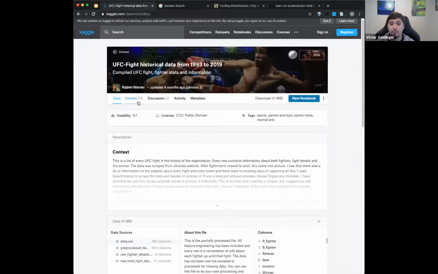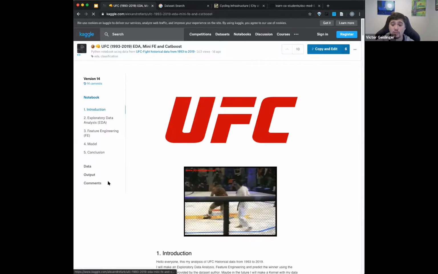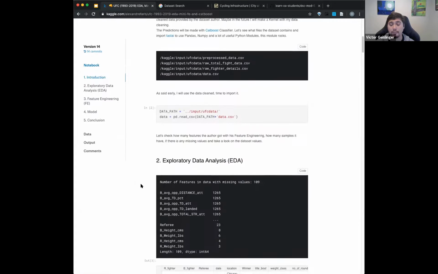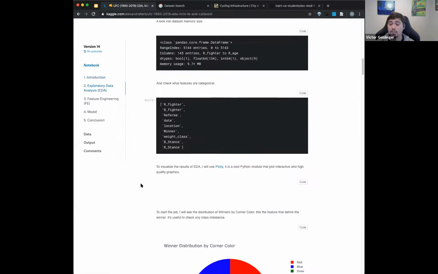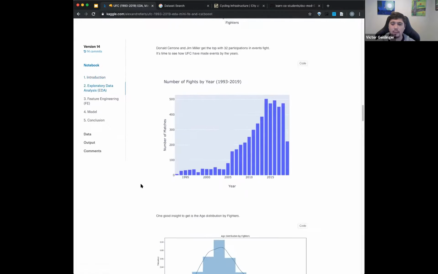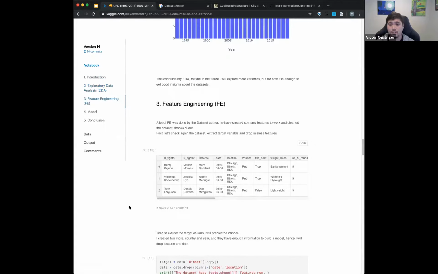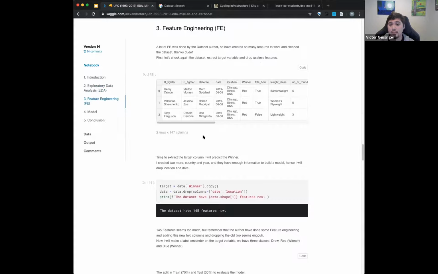And then also you'll see here in the kernels, there are people who will take this data set and maybe do some exploration, maybe do some predicting and stuff like this. And so you can check a little bit here too, especially if you're stuck or curious about what people have done in the past. And check this out. Of course, obviously don't just literally copy them and stuff like that. But I think it might be a good thing to check out.